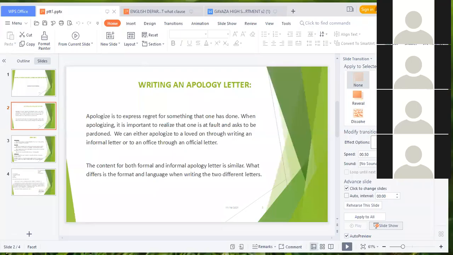In case you are apologizing to a person who is in office, maybe to the head teacher, how would you write such a letter? Okay. So